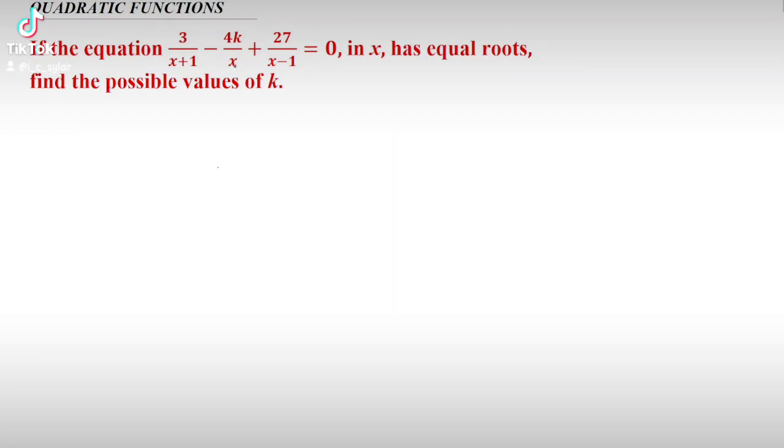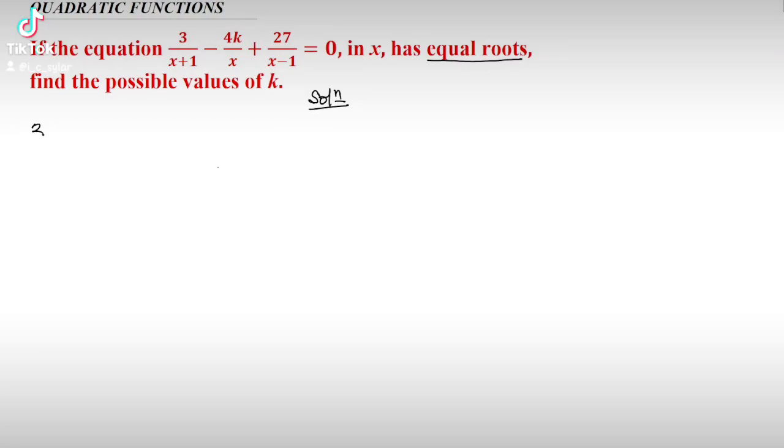If the equation 3 divided by x plus 1 minus 4k divided by x plus 27 divided by x minus 1 equals 0 has equal roots, find the possible values of k. And we know this question has been given in x, okay? So to solve this,